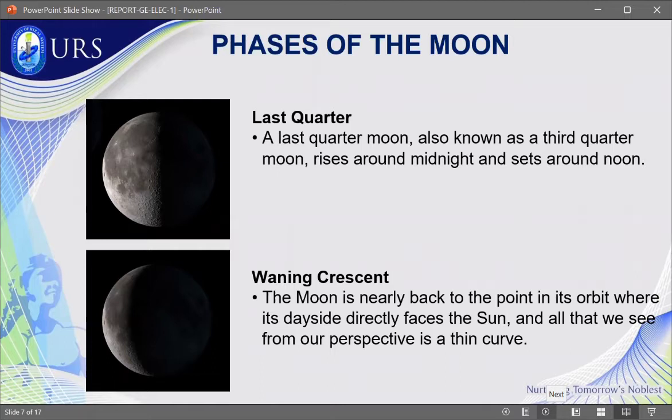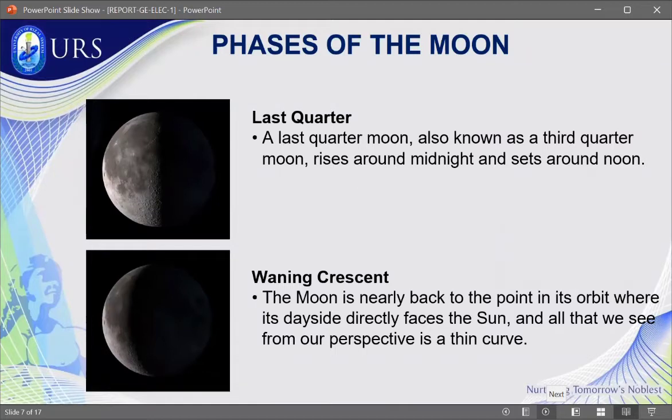So its moonrise, like what I said, is midnight, and moonset is midday. Its orientation is that the left half is lit in the northern hemisphere, and the right half is lit in the southern hemisphere. Its position in space is that the moon has gone 3/4 of the way on its orbit around the Earth, like what I said earlier. The third quarter moon begins the last quarter lunar cycle.